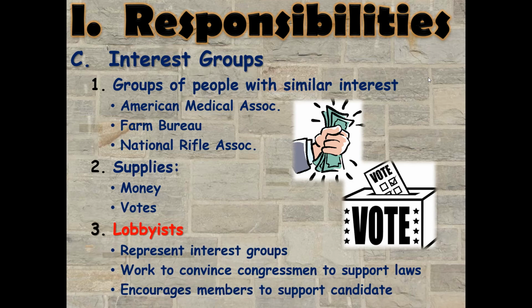All right, now lobbyists. Lobbyists are the ones that represent the interest groups, and they're the ones going to members of Congress to convince them to vote a certain way on something. A lot of times, lobbyists are former members of Congress or former staff members of members of Congress. If it is a former member of Congress, they've got access to stuff that the ordinary person doesn't have access